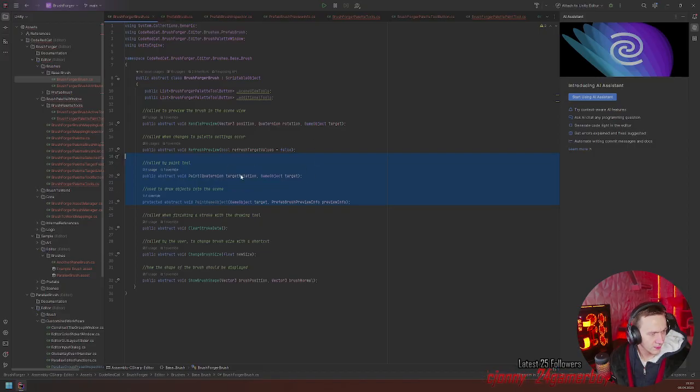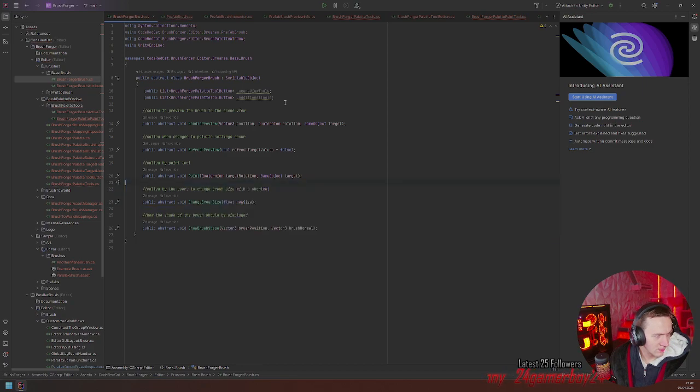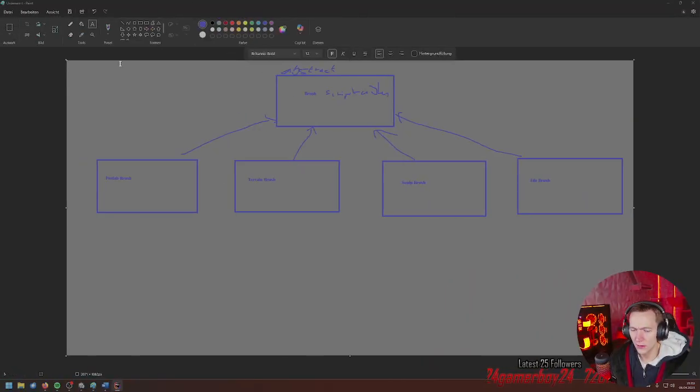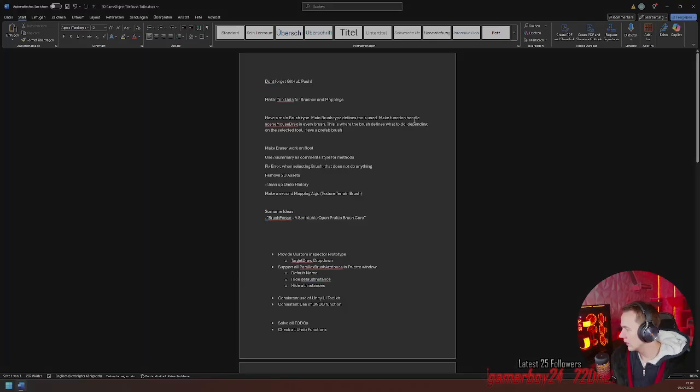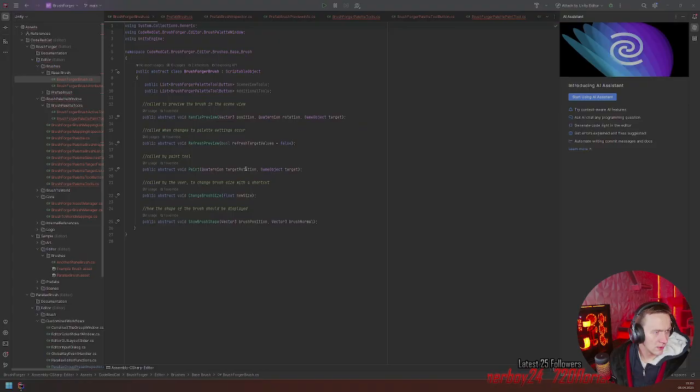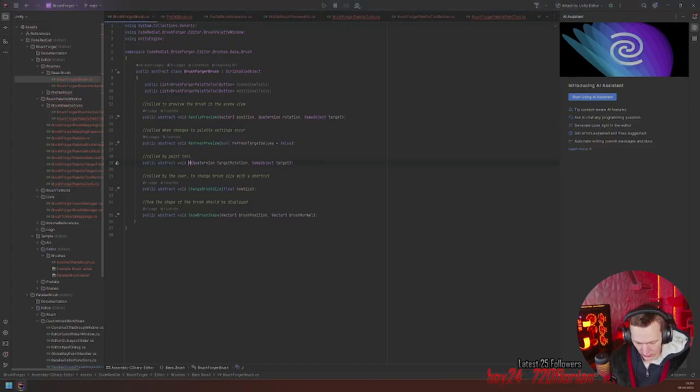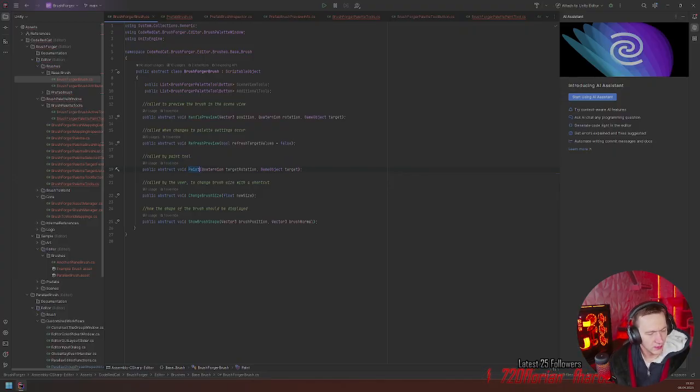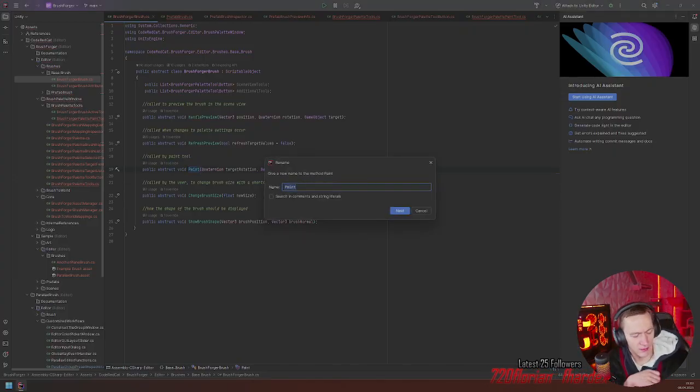I'm just going to rename paint then. Handle... How did I name it? What did I name it? Handle scene mouse drag. So the paint function, huh?